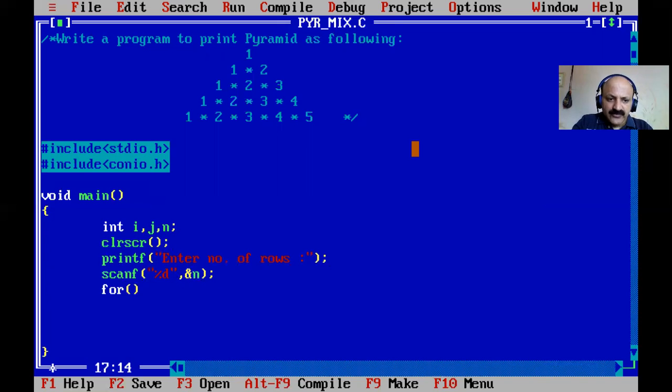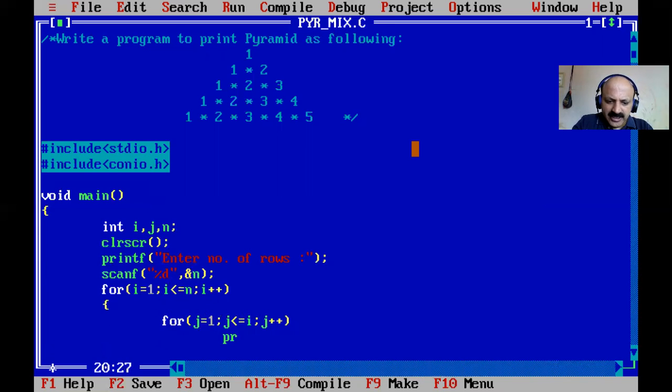Then take a for loop: i equal to 1, because for any triangle or pyramid I always start from 1, i less than equal to n, i plus plus. Next the inner for loop, which always starts with j equal to 1, j less than equal to i, and j plus plus.